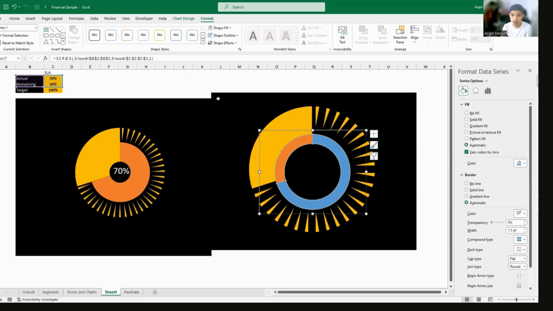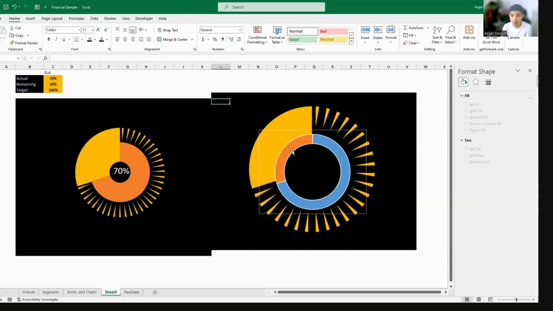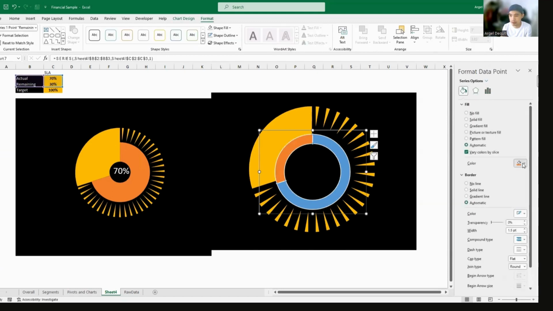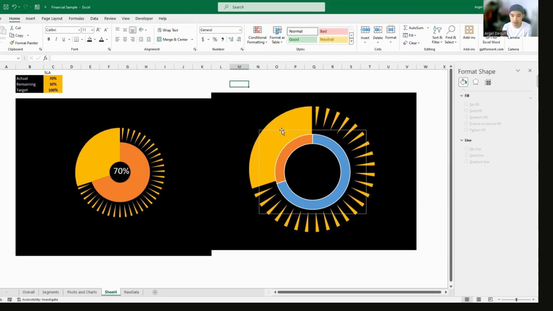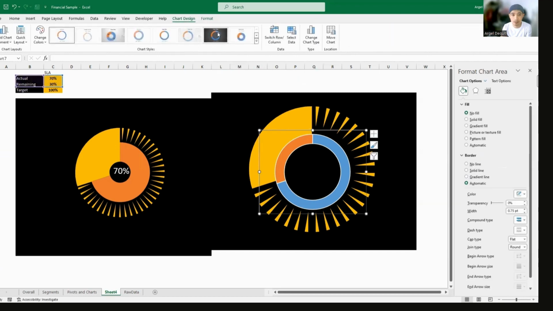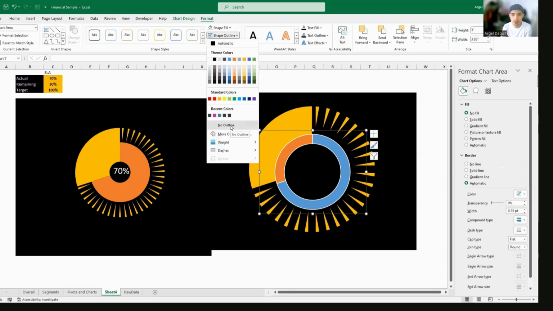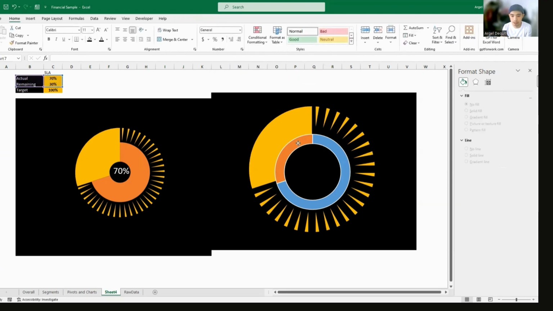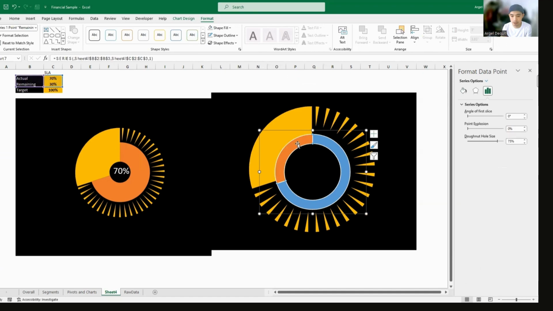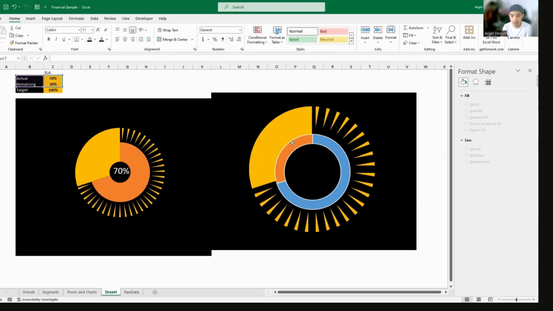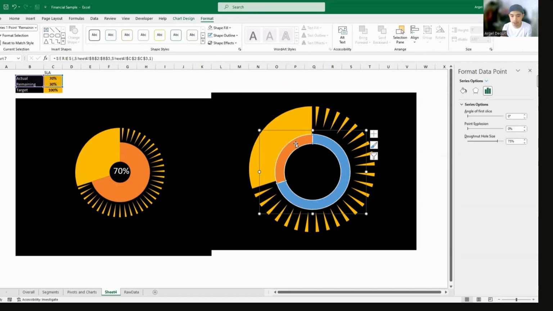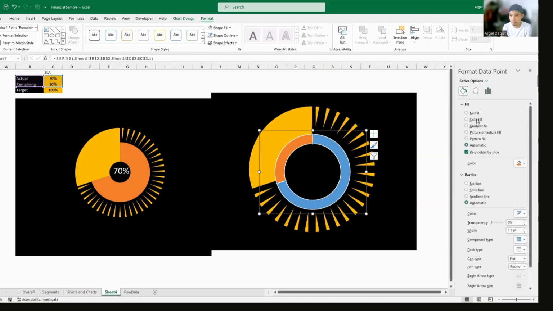Now change the color to gold. Sorry, I think I clicked on a different chart. So let's remove the outer borders there, and make sure that you're clicking on the right part of the pie chart.